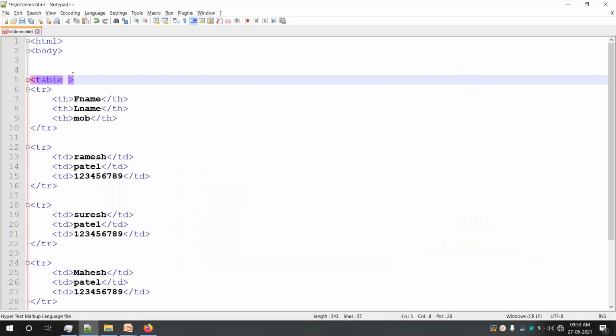So if you don't want the border around the content, you can remove the border attribute. But if you want a border, you have to add the border attribute, and you can add border equals to border where default border is set. But if you want a particular border width, then you can even specify values like 5 pixel.